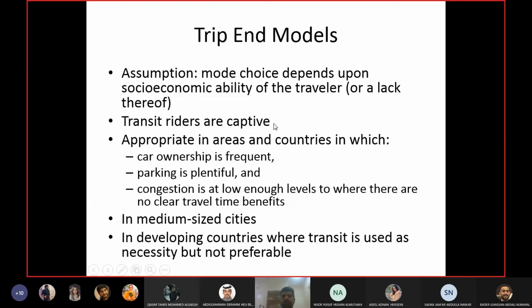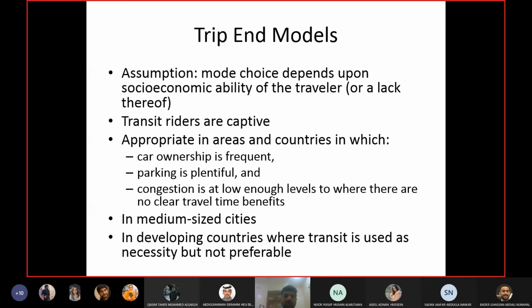For example, when I was doing my research for King Fahd Causeway, I found there are people from the labor class who travel to their countries from Bahrain. Obviously they cannot afford the ticket of an airplane from Saudi Arabia to Bahrain. So their travel across the causeway will only be in a bus. They cannot afford a taxi. They cannot afford the plane as well. So they are captive riders. There's no other way for them to travel. Even if they want to, they cannot.